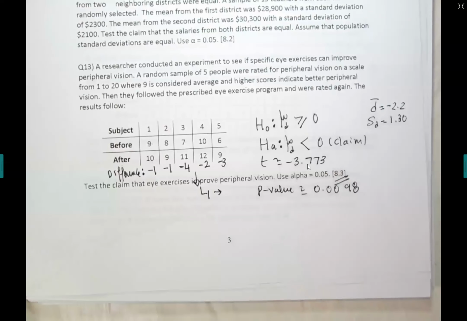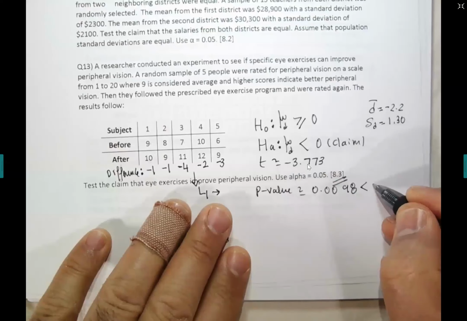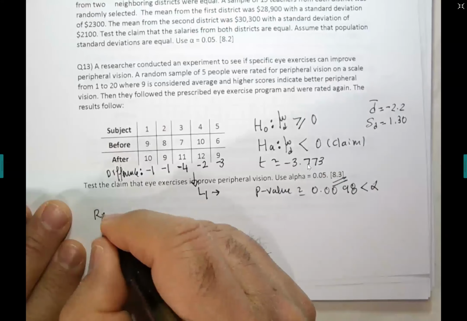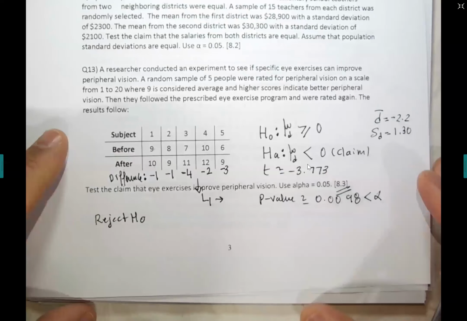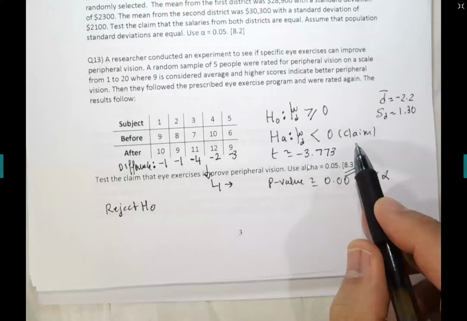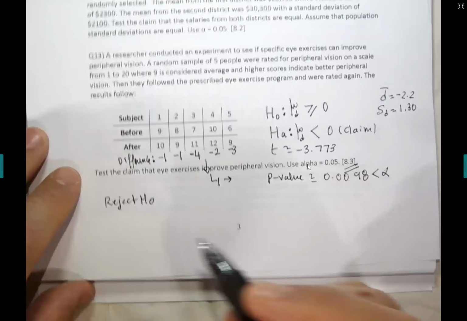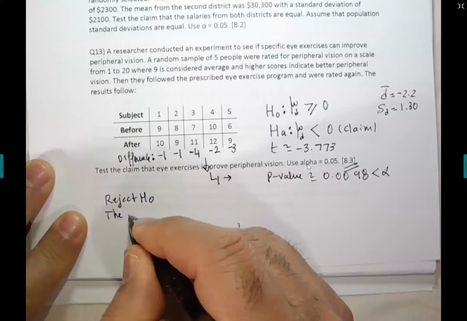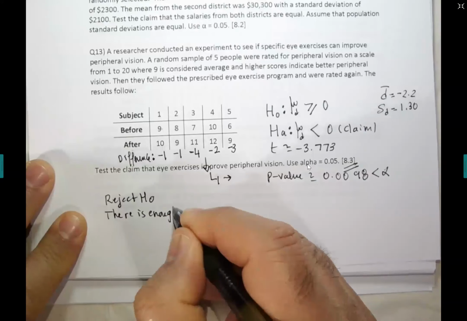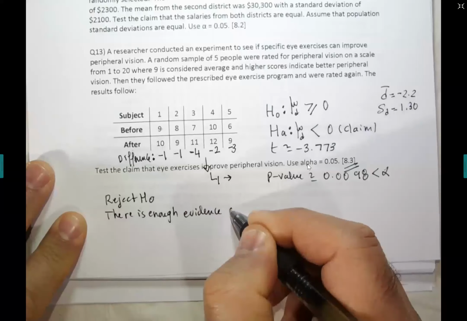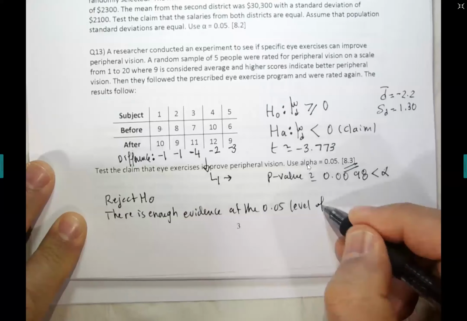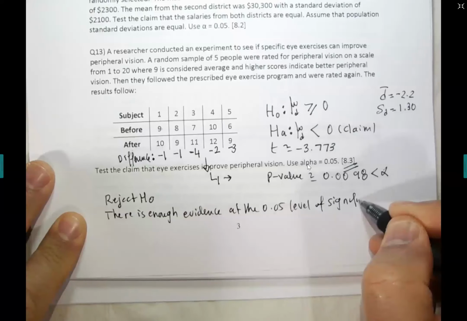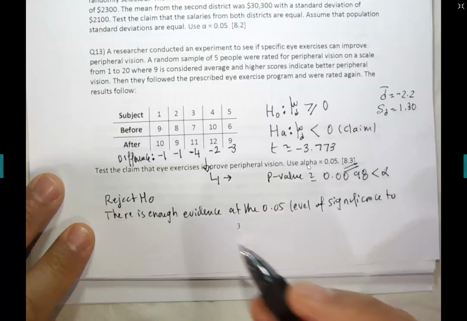All right. And alpha is 5%, guys. You agree with me that this is less than alpha? So the decision is to reject HO. And what's the conclusion, guys? If we reject HO and the claim is in HA, that means we support the claim. There is enough evidence at the 0.05 level of significance to support the claim,